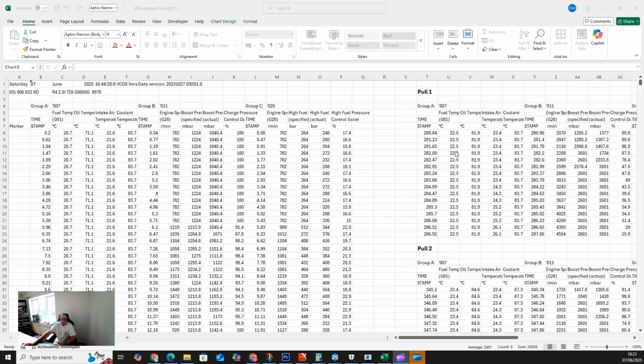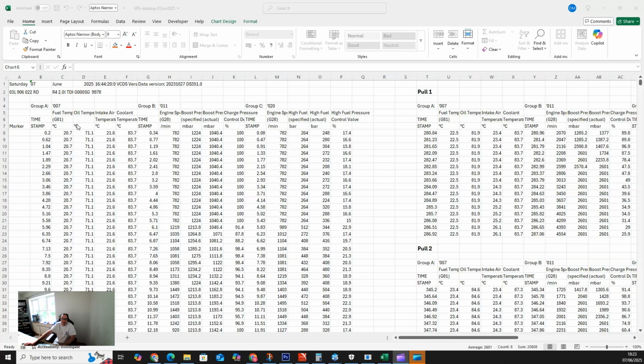I picked a couple of measuring blocks here, so 7, 11, and 20. So in the way this software works, you will have groups of measuring blocks. These are PIDs. I can basically pull info from the ECU, and they have a couple of different parameters grouped in. So the ones I wanted to look at in particular were, oil temp,